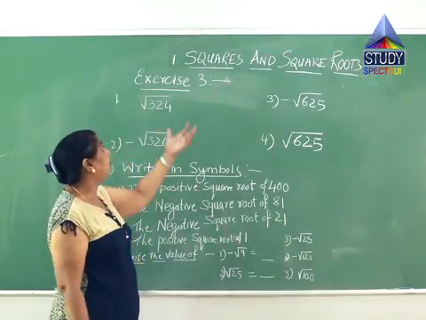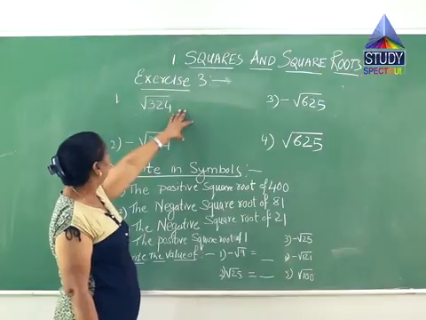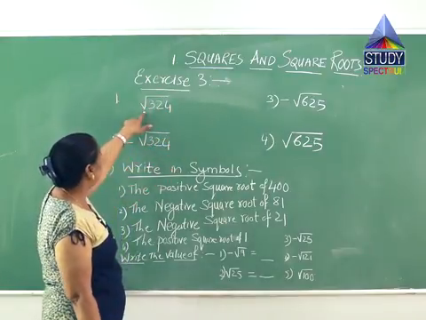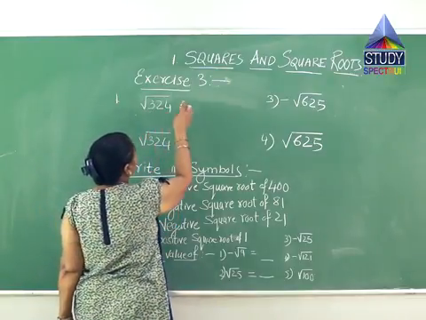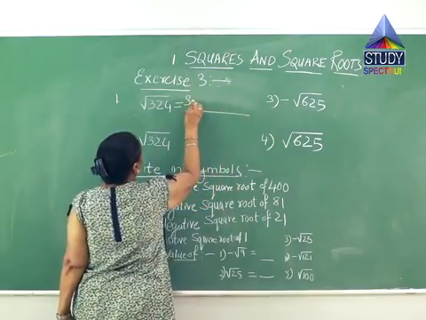Now children, let us start with exercise 3. In exercise 3, it is given that you have to write this square root in words. Now first it is given root of 324. So this can be written in words, square root of